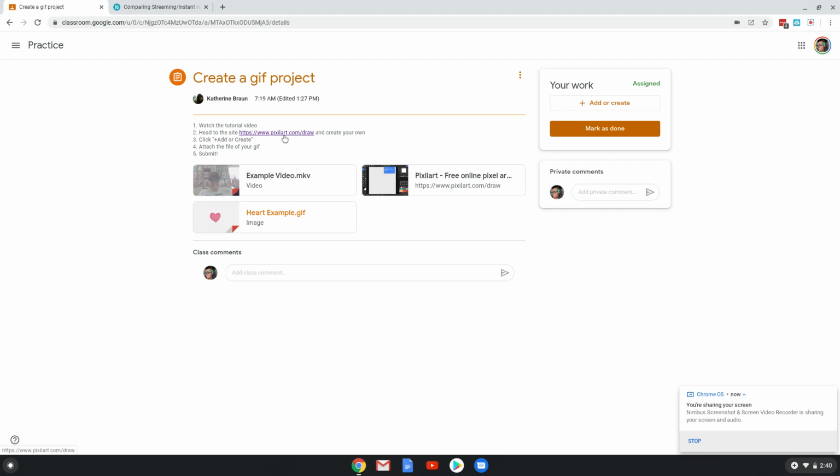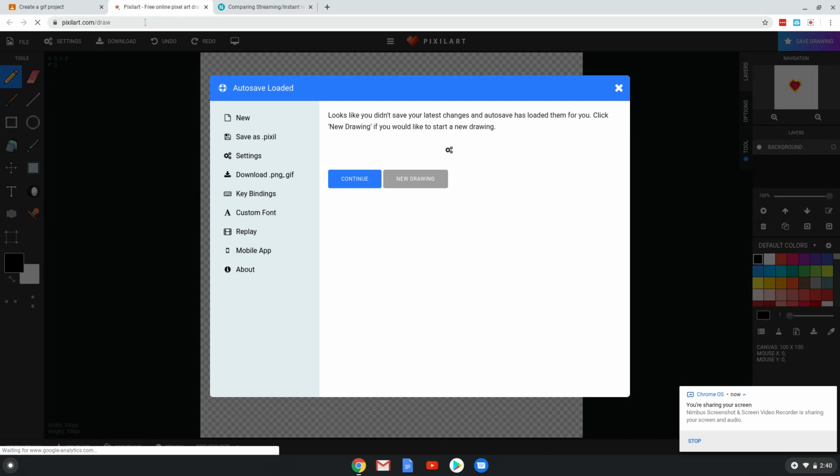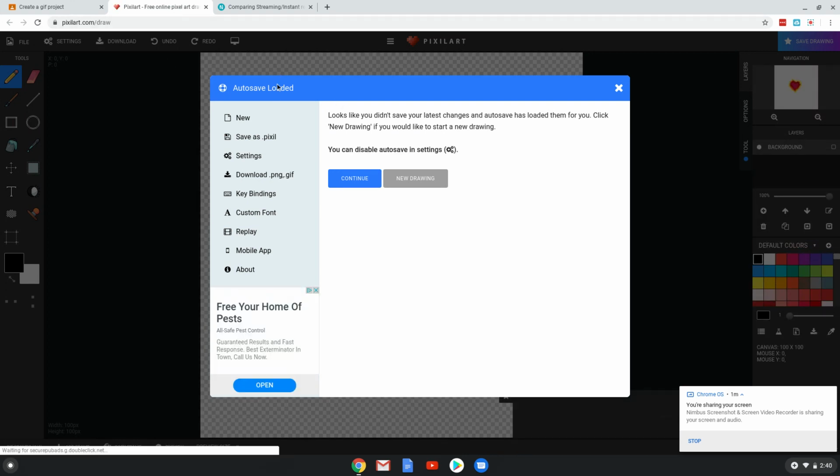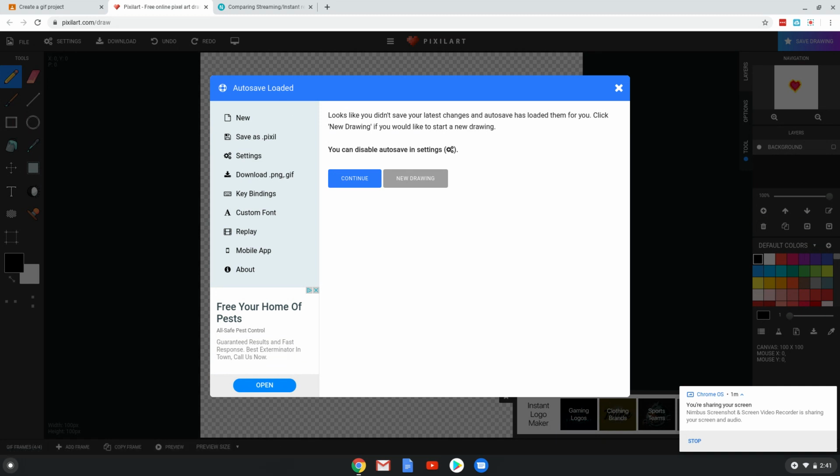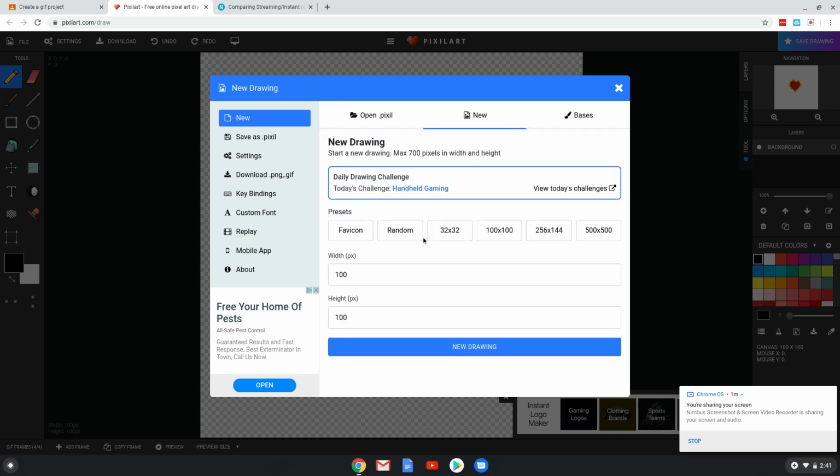I need to hit the link that says pixelart.com/draw. You can find it here or in the instructions. It's going to automatically open to a new tab in your browser. I've been playing around on this website, so I have some autosave things. If you played around on it when I shared it with you guys last week, you might also find this window. If you find a different window, that's totally fine. Just make sure you're starting a new drawing